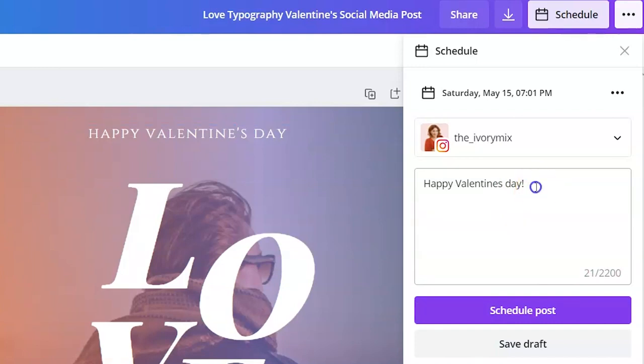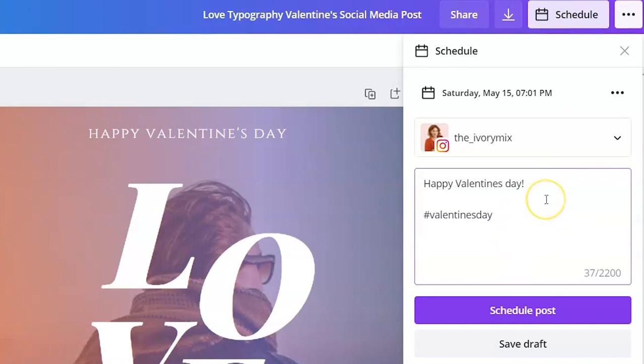So I have to put the hashtags in the actual caption, which can make your post look a little spammy. Because as you might know, you're allowed up to 30 hashtags on your Instagram posts, and as the marketer that I am, I want to add all 30 hashtags. So that is another downside to the Canva scheduler, is that I don't really want to add all 30 hashtags